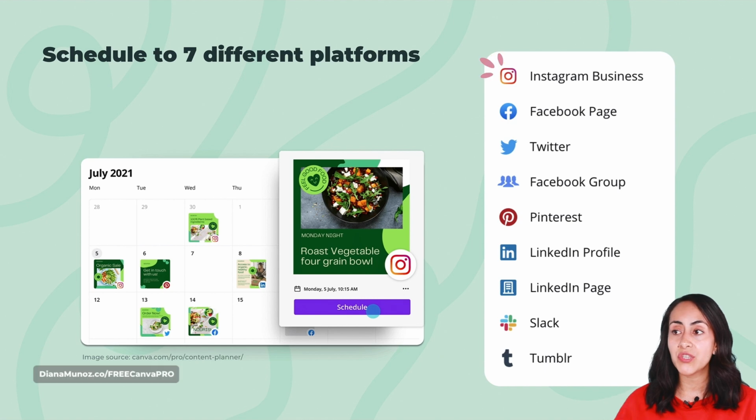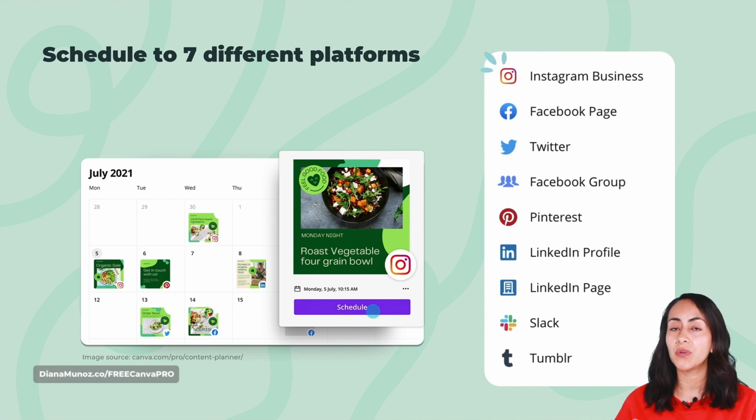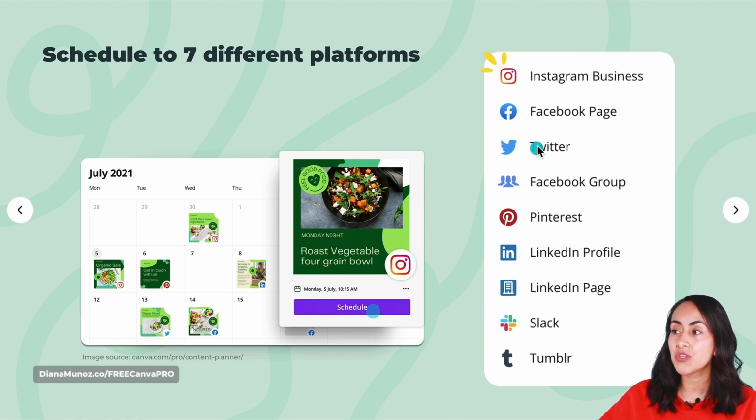Now, you can schedule to 7 different platforms. You can schedule posts directly from Canva to Instagram, Facebook, Twitter, Pinterest, LinkedIn, Slack, and Tumblr. What I really like about this is that you can schedule posts to Facebook pages, but also to Facebook groups, and you can schedule posts to LinkedIn profiles, but also LinkedIn pages.